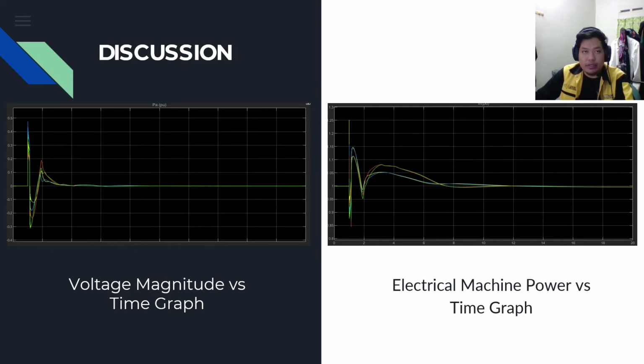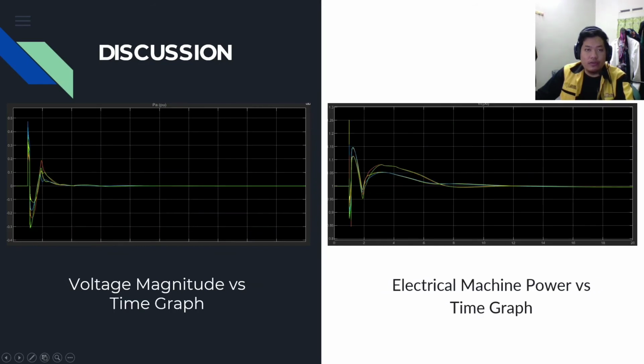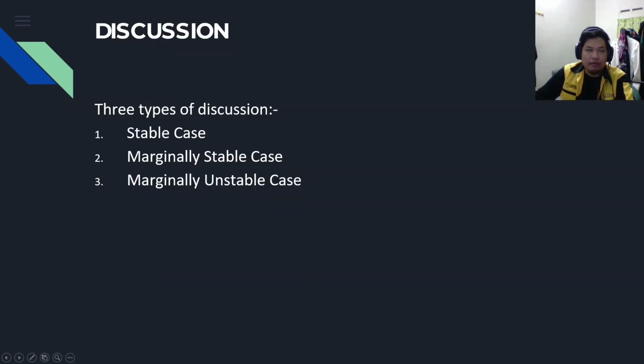Okay, I will present about the discussion and conclusion. So for the discussion, we will make a discussion from the result that we get. We get 4 graphs: first the rotor angle versus time graph, generator speed versus time graph, voltage magnitude versus time graph, and electrical machine power versus time graph. From the graphs we can make 3 discussions, which are stable case, marginally stable case,